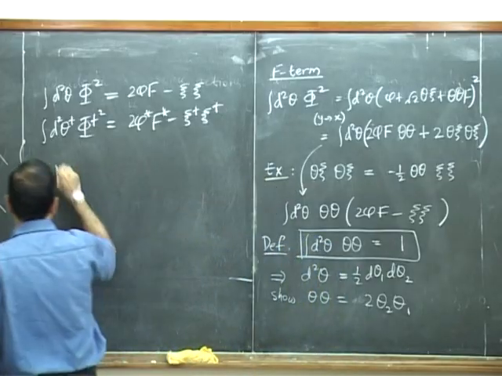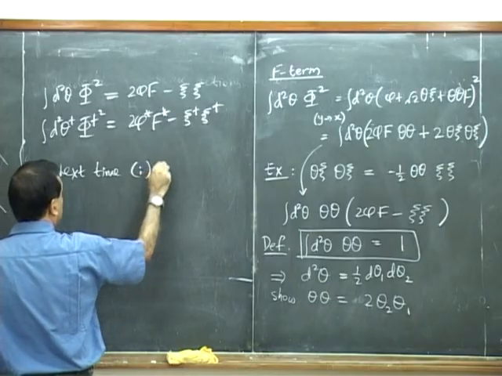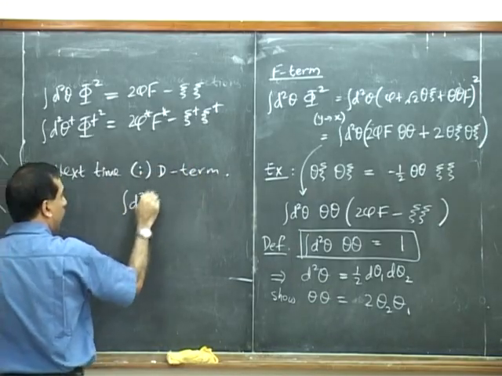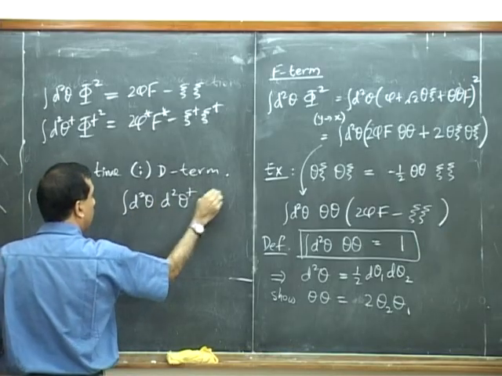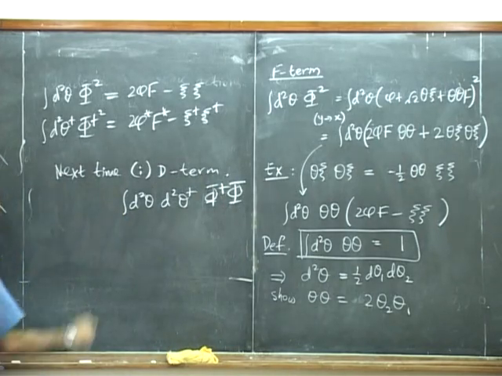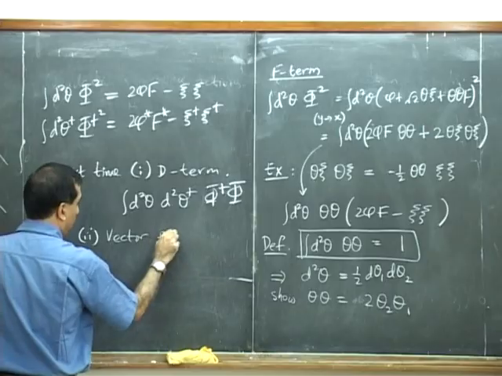So next time we'll do the D term. What this means is that we'll be evaluating d2 theta dagger phi dagger phi. The second thing we'll do is to define vector superfields and